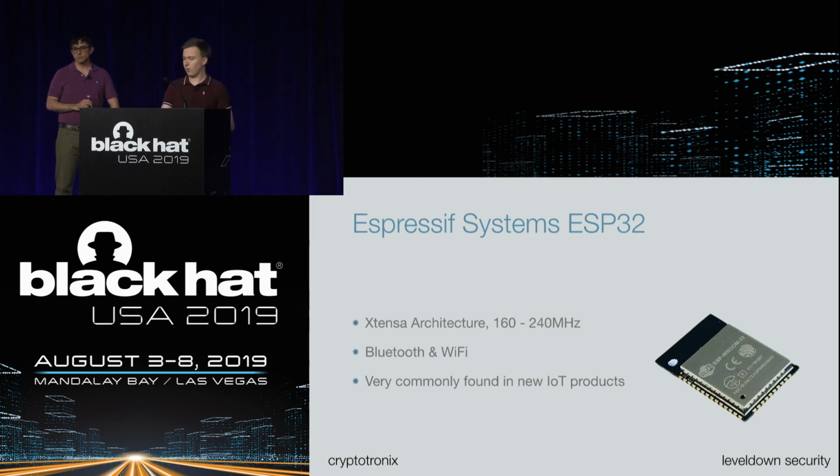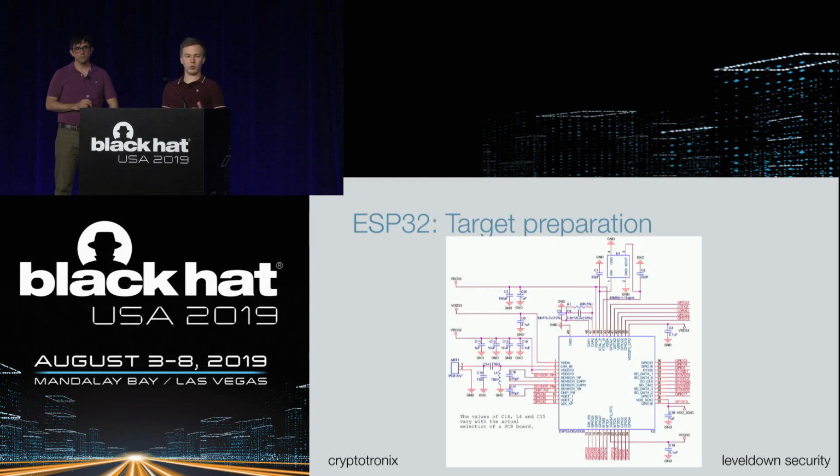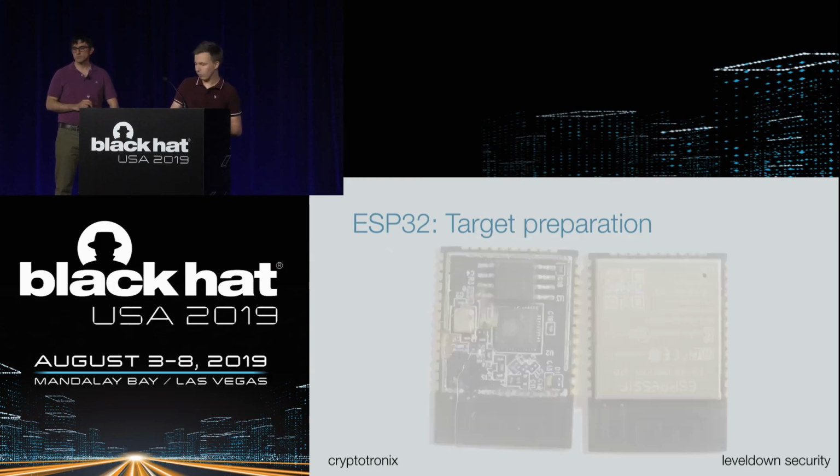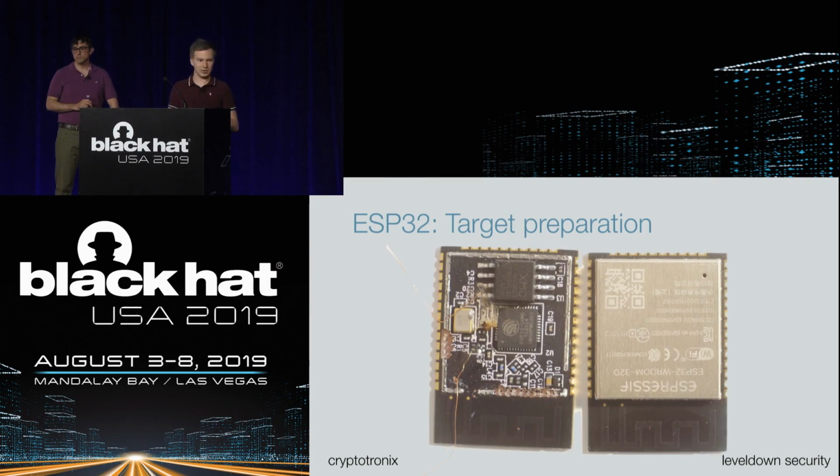And so, as we've mentioned before, we need to find out which power rails we need to attack. All you need to do is look into the data sheet and find the embedded power supply, and you see that there are a couple of caps you need to remove. Unfortunately, in the case of the ESP32, you also need to get rid of this tin can, and you can see that I kind of messed up the board while doing it and just soldered on some magnet wires to the V-core parts right here. And we are ready to go to write our test firmware.